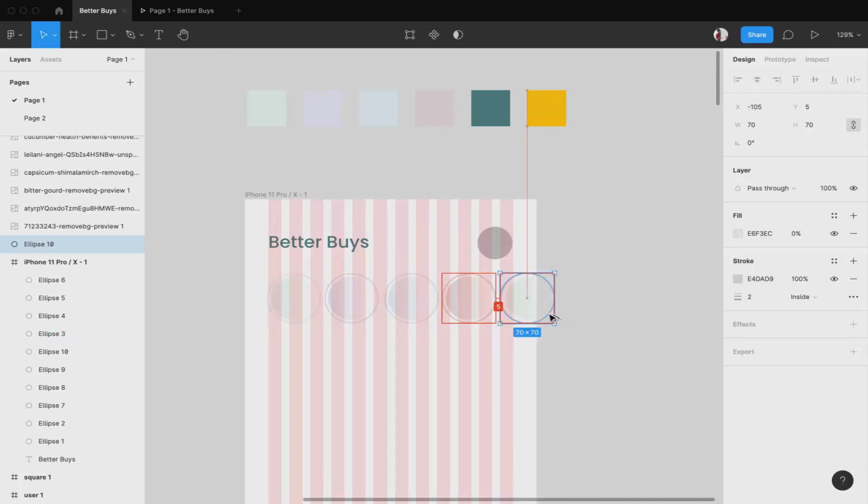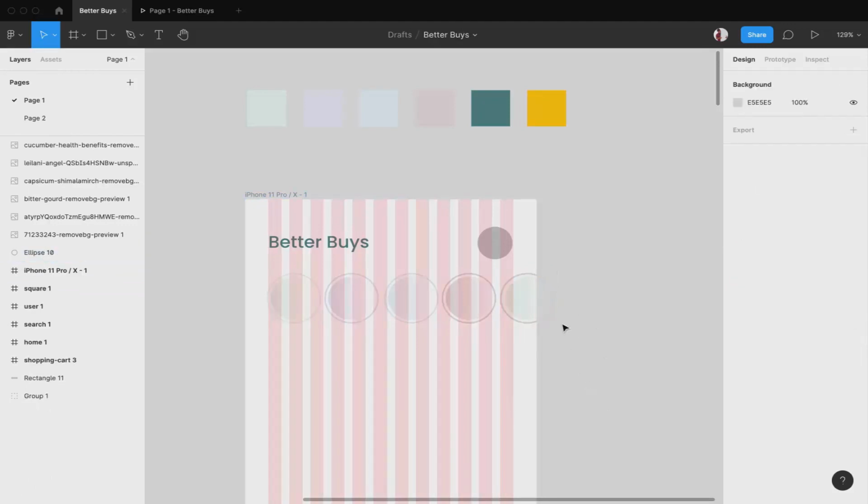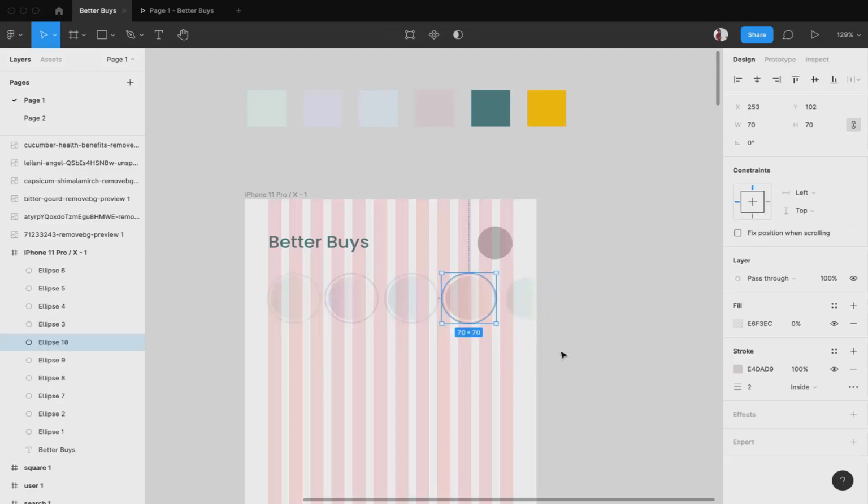Okay, so you can see that if I drag it, it is getting outside the screen. Okay, so this is our screen and this ellipse is outside. So now what will happen, that even if we unselect it, we are able to see the entire thing. But what I want is that this is also cut into half, proportional to the inside circle. Okay, so I'll revert the changes, and to revert we have Command Z in Mac and Control Z in Windows.